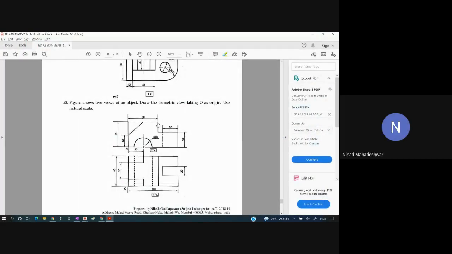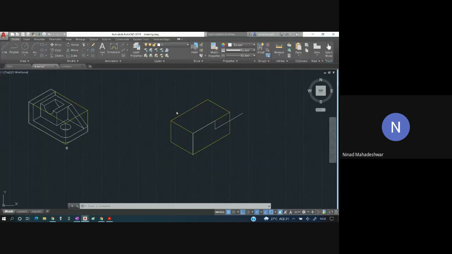And this part is 20 because together this part is how much? 50. This point and this end is different, so this has gone beyond. So what I have done, I will trim this part. Now once this is done, from here I will go down and I will join it over here.